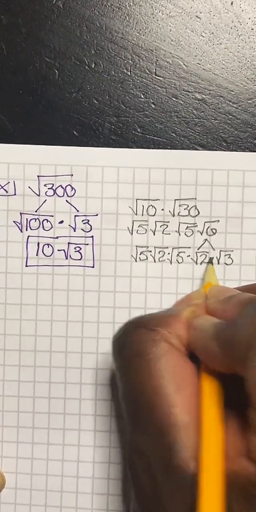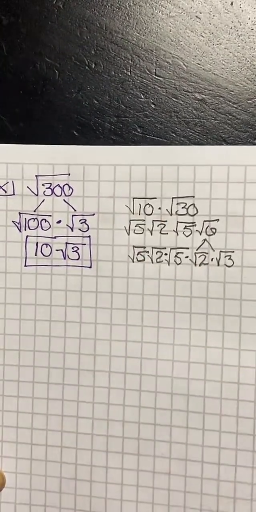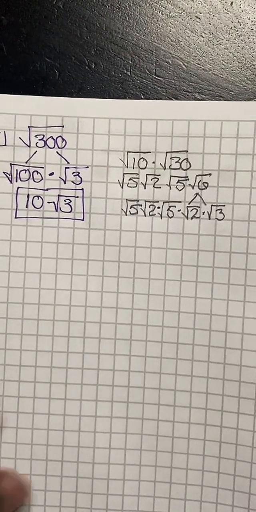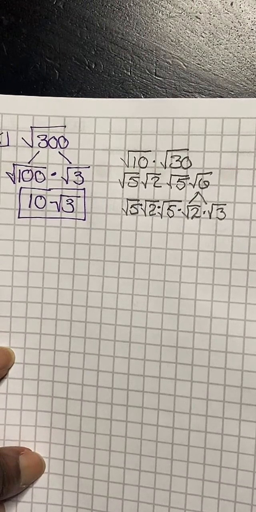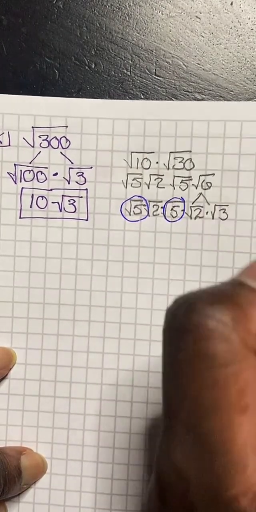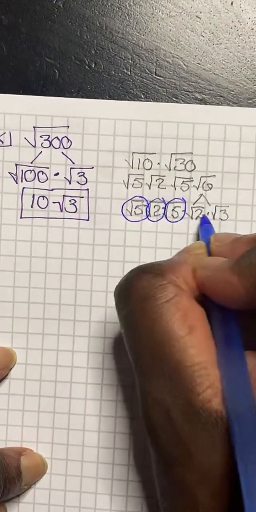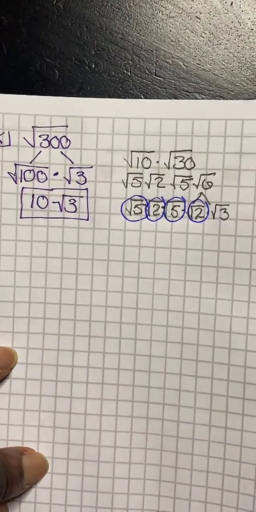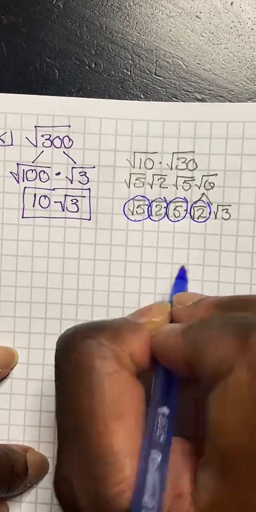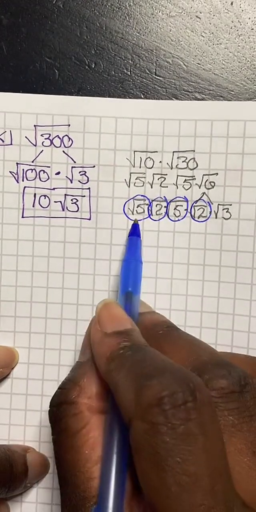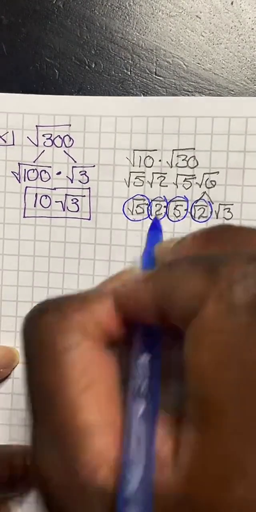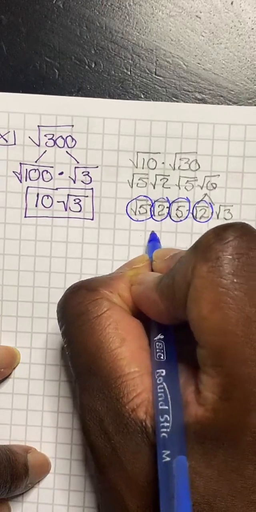Now, this will also help you when you're trying to rationalize your denominator. I'll explain when we get to that later. But if you notice, we have square root of 5, square root of 5, square root of 2, square root of 2. Square root of 5 times square root of 5 gives me the square root of 25. Here's the shortcut. When you multiply and they have the same radicand, your answer is going to be that number